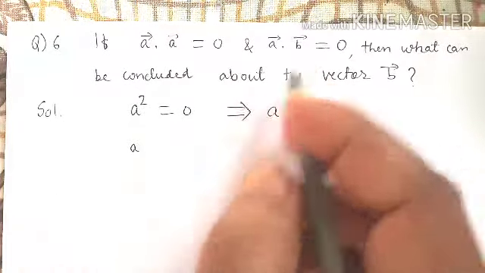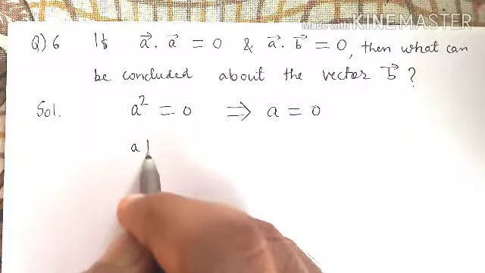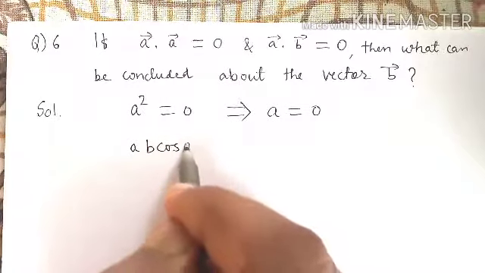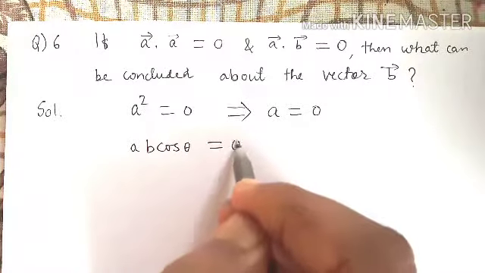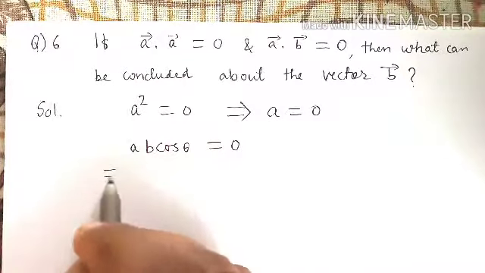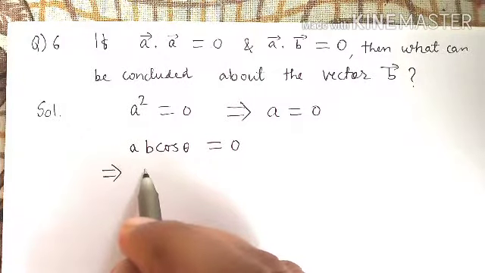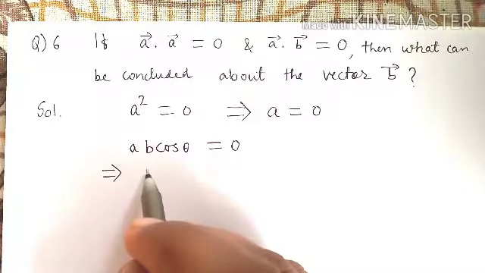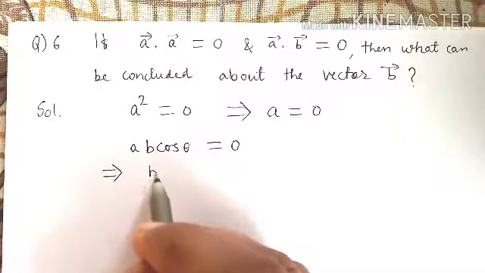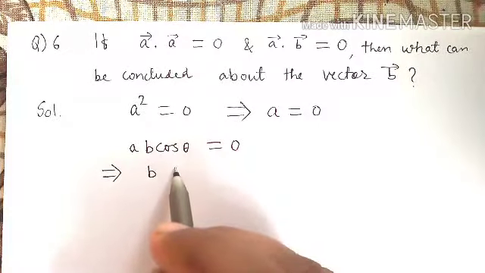Vector A dot vector B is AB cos theta, which is equal to 0. This implies that B is equal to 0